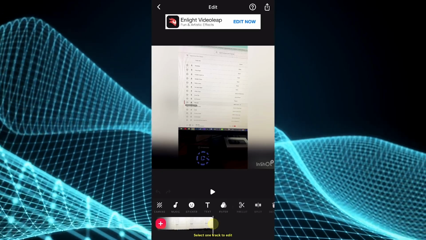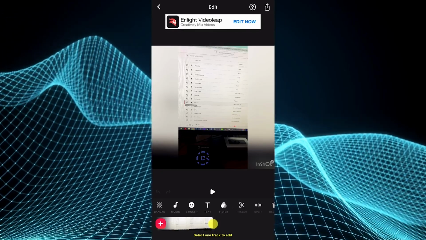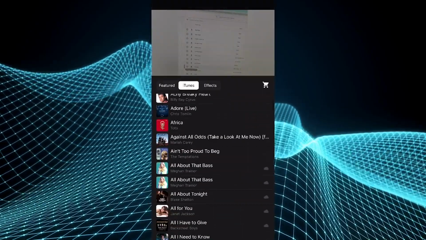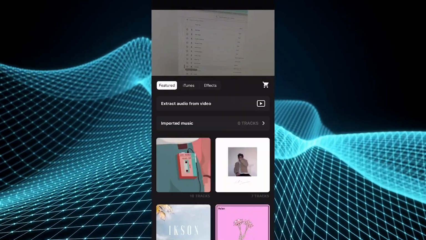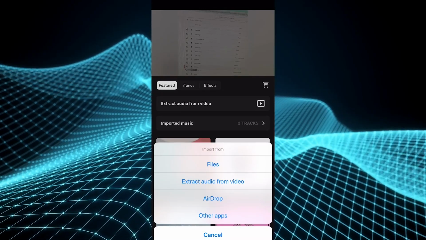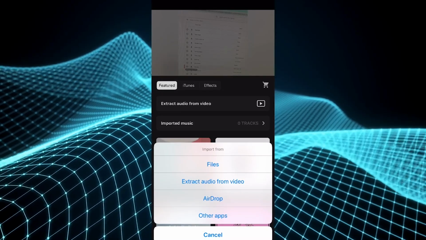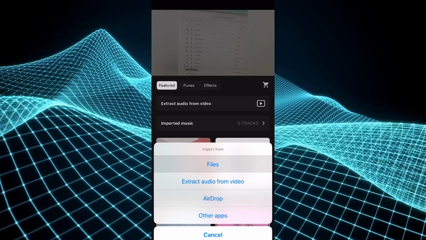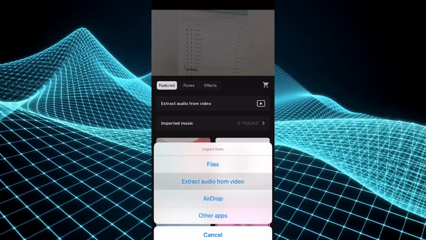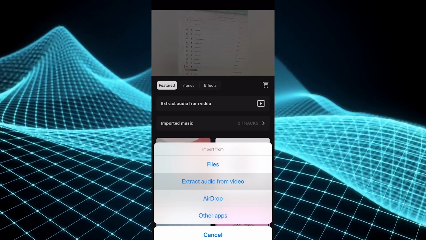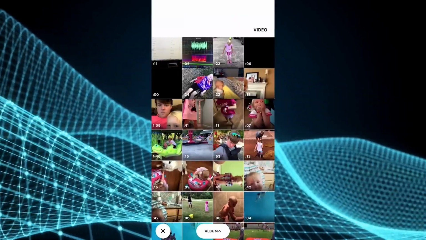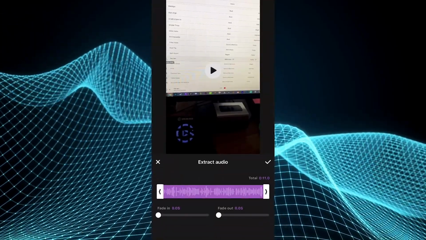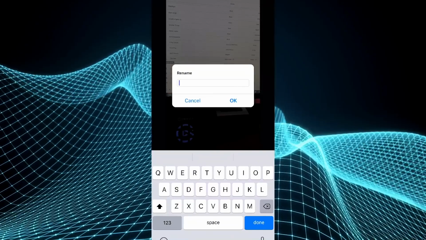There's two workarounds. One, you can go to an external video editor and import the audio a different way. So we can go to music here, go to add tracks, and then we can even add our iTunes library. We can go to featured or import music. All of the normal video editors allow you to do this, where you can go here and see that we can use files, airdrop, extract audio from video. So this one's the one that I was telling you about, is we can extract the audio from the video, and we can go here, tap on that video we just recorded, extract the audio, hit the check mark,